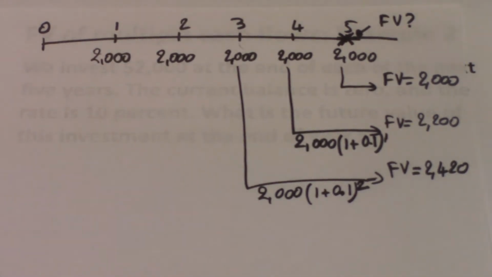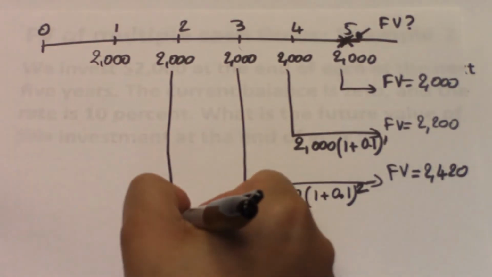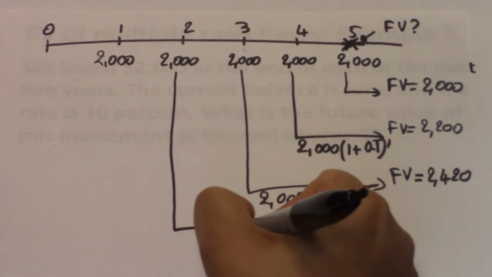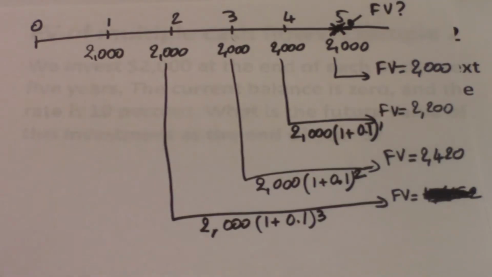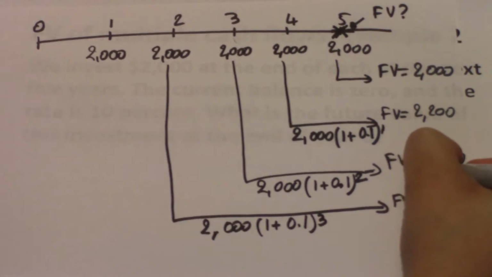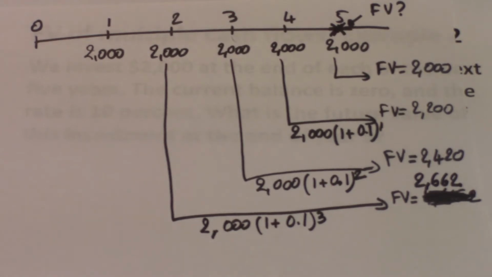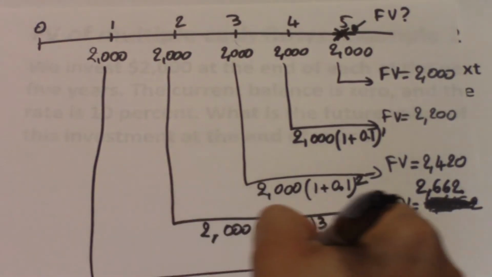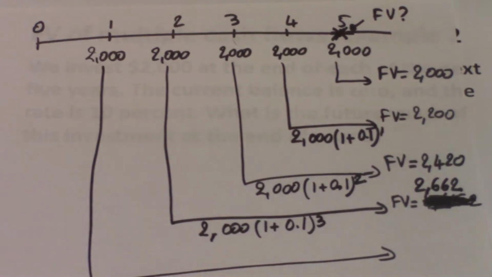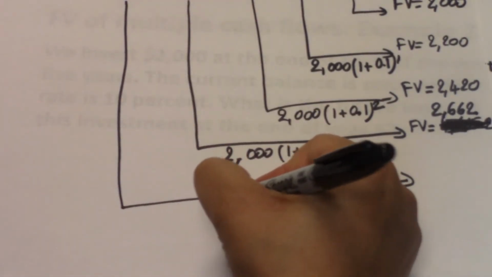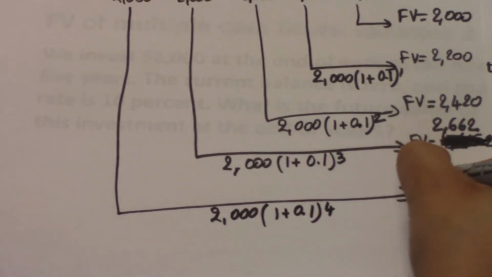Next, we go to the $2,000 that was deposited at the end of year 2, and this one has 1, 2, 3 years to grow. So it would be 2,000 times 1 plus 0.1 to the power 3, future value of 2,662. Next, we go to the $2,000 that was deposited at the end of year 1, and this one has 1, 2, 3, 4, so 4 years to grow, and so this would be 2,000 times 1 plus 0.1 to the power 4, which gives a future value of